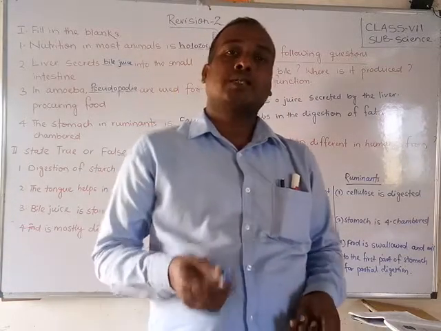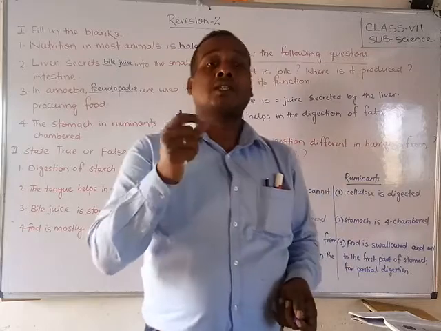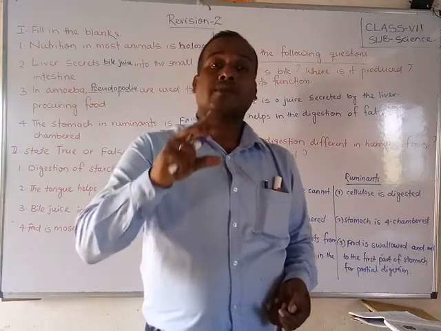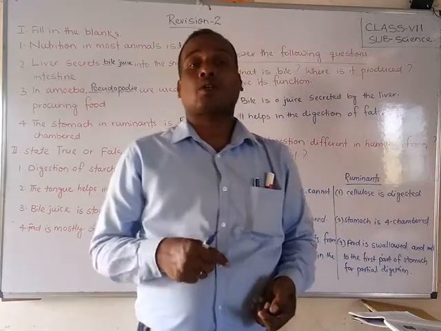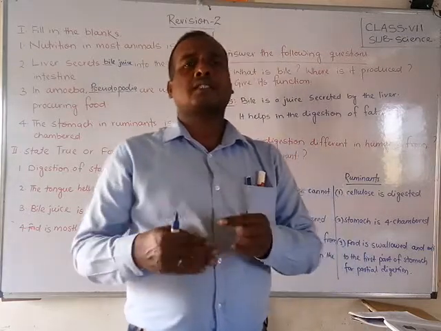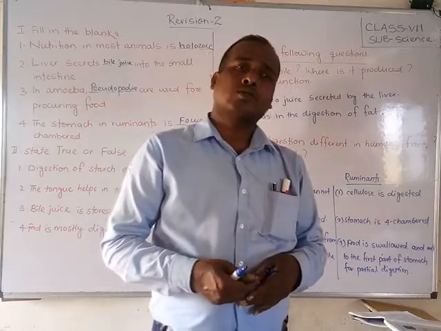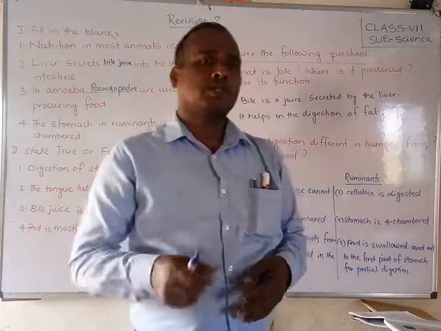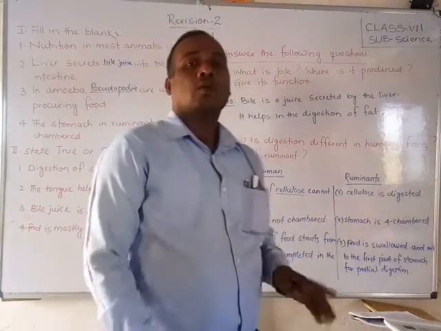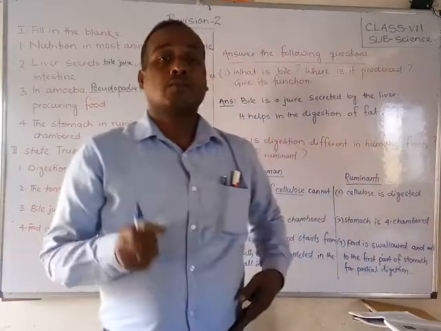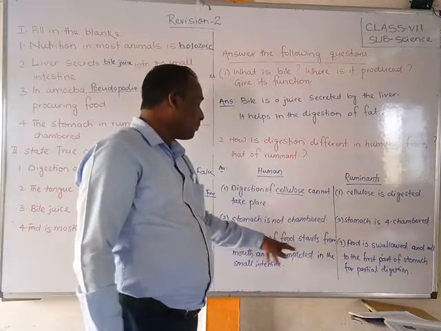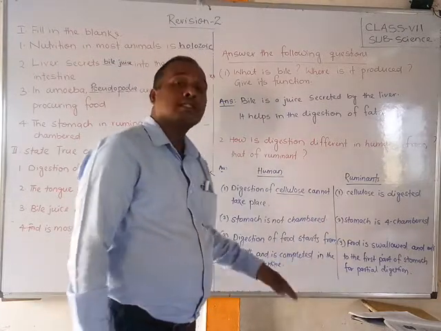But where is cellulose digested? In the ruminants, because first there is partial digestion. The grass eating animals first chew a little, then directly swallow into the first chamber of the stomach. After partial digestion, it comes back to the mouth, and then they start chewing. Okay, in our human beings there is only one stomach, there are no chambers, but ruminants have a stomach with four chambers.